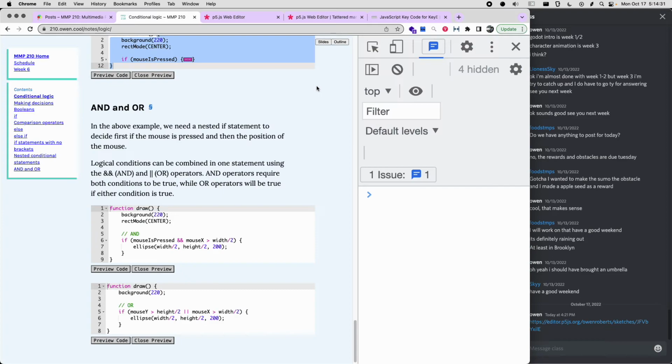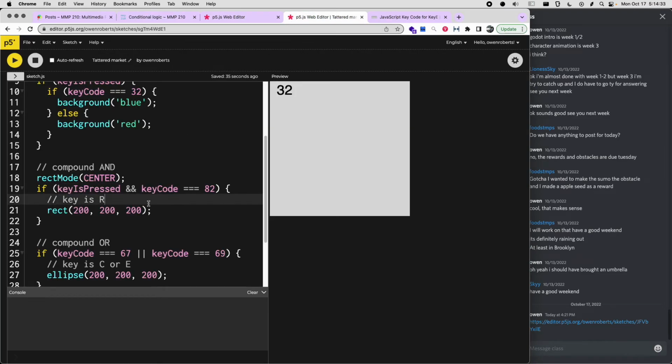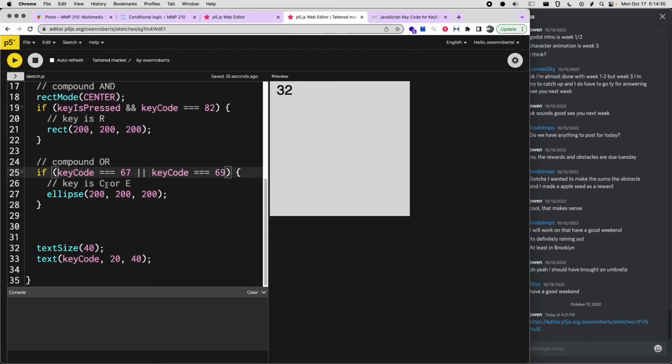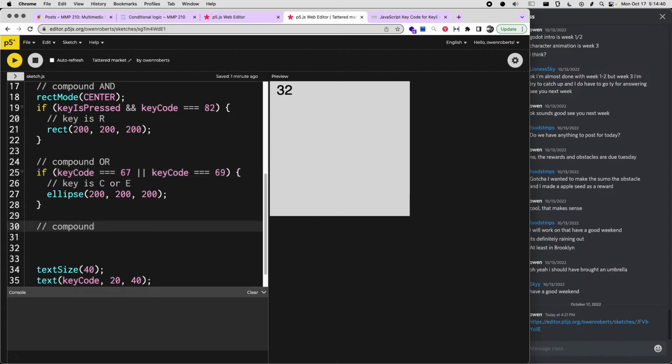Yeah, that's kind of what I did the last bit. So that's what I would do here. Let's do another example. So let's say compound and